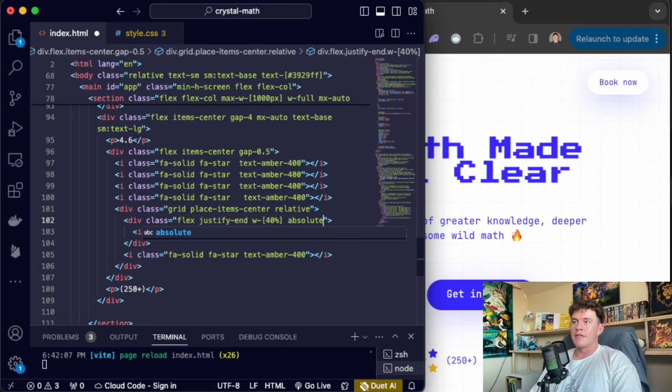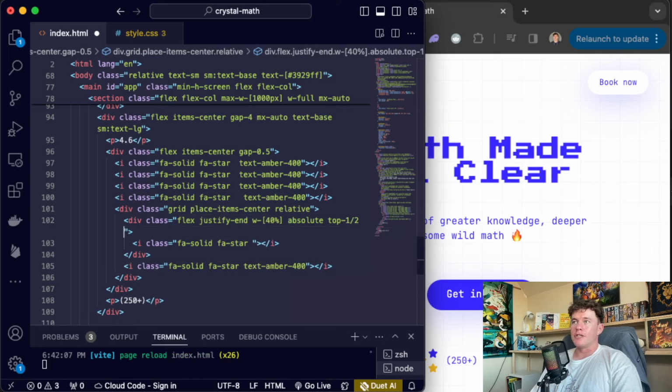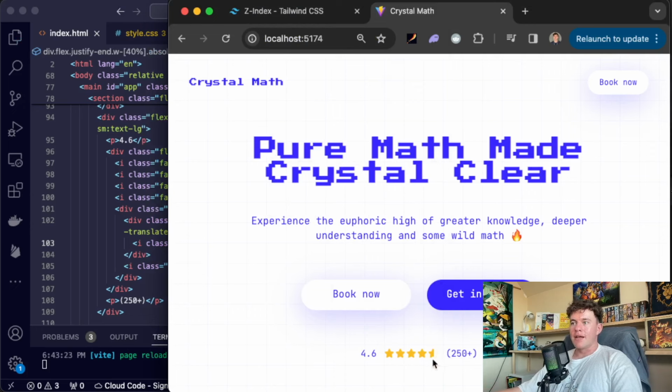I'm also going to give it an absolute positioning at top of 1/2, which is 50%. Then we're going to do minus translate y 1/2. That's equivalent to translate y minus 50%. So that's for centering. And then I'm just going to set the right positioning equal to 0. And finally have an overflow of hidden. And then what I can do is give this icon star a text color of white. And if I save that, we can see the effect is it's cut off 40% of that final star,